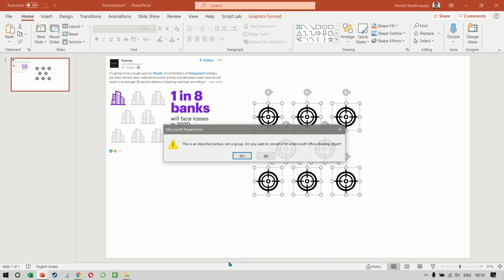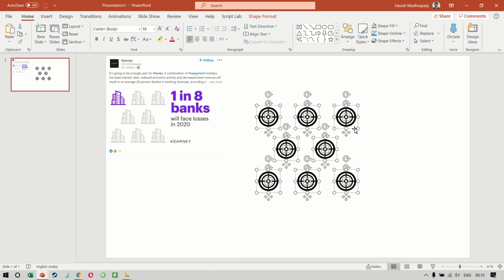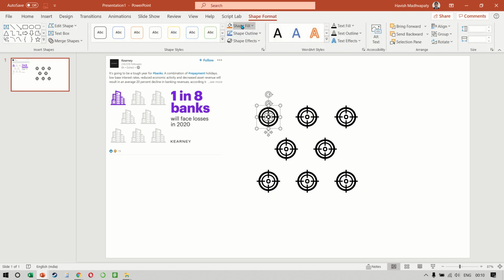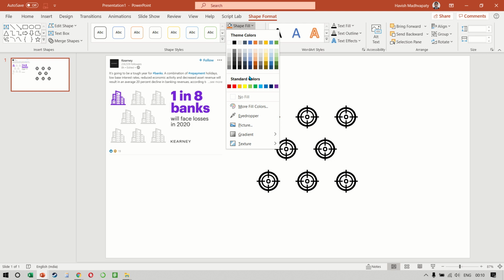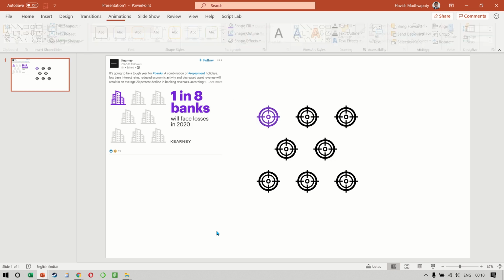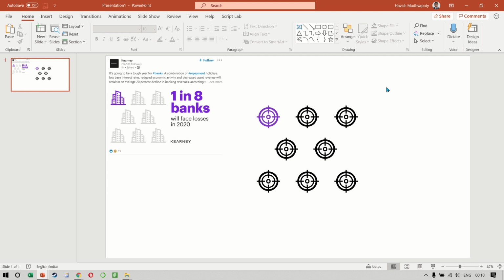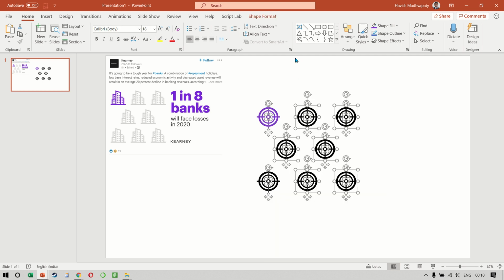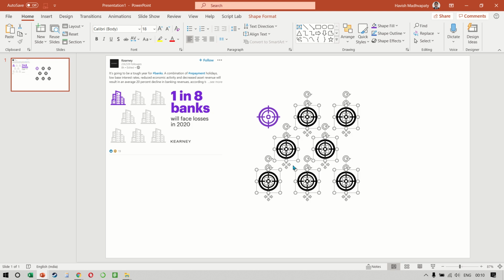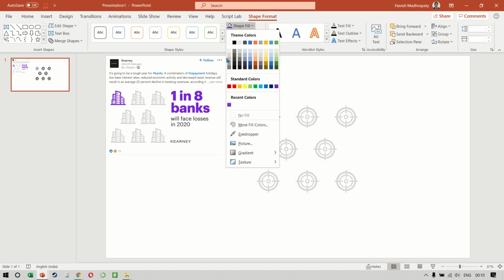We can also ungroup these two times so that all these colors are in our control. And I'll very smartly select the first one, and then in shape format, change the color to, in fact, I pick the same color using eyedropper that has been used in the Carney report. Once this is done, the others can be selected. So I'll just select all the others, okay, except the first one. And these can be colored green.